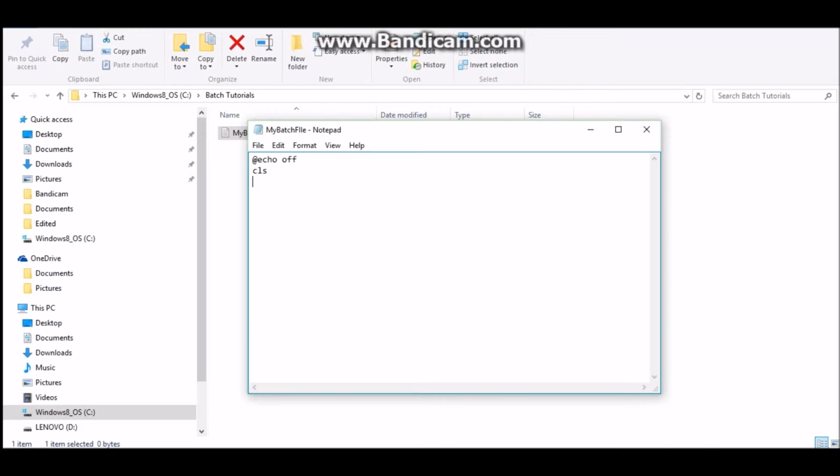Then CLS, just clear screen, not really necessary, it's just a good habit to have. Then you can do title, and it's basically this. See that? It will change that. So let's call it my first batch file, and then we'll say echo hello world,